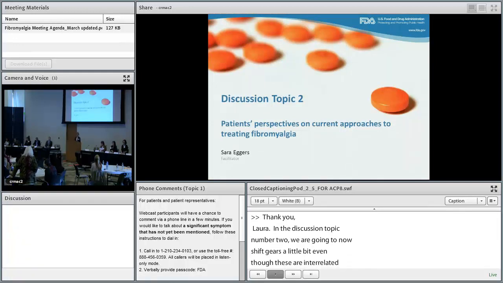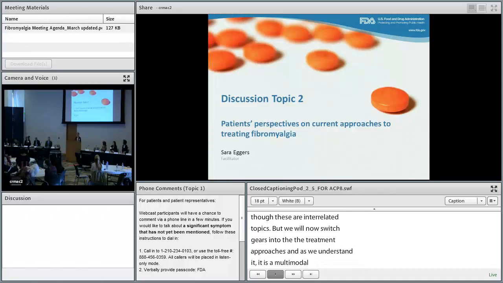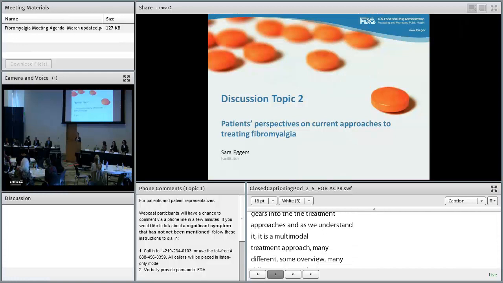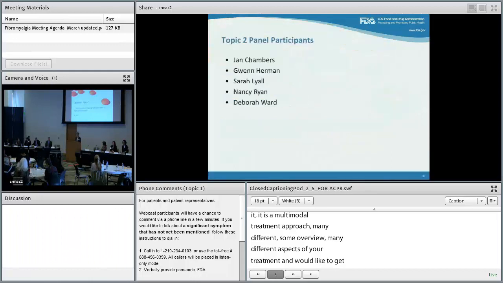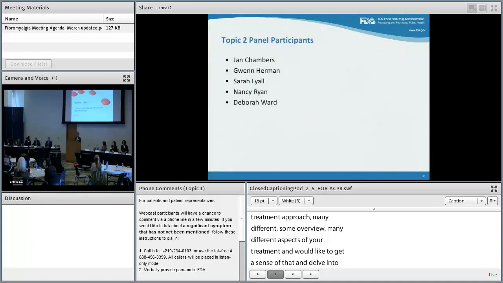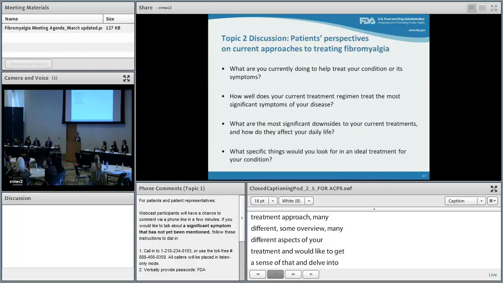the specific pharmaceutical treatments. In the discussion, I'm going to ask us to make a distinction between treatments that you take on a day-to-day basis to target your underlying condition, and the treatments that you have to add on once in a while to address specific symptoms or maybe address a flare. Can I have the next slide, please? Next.